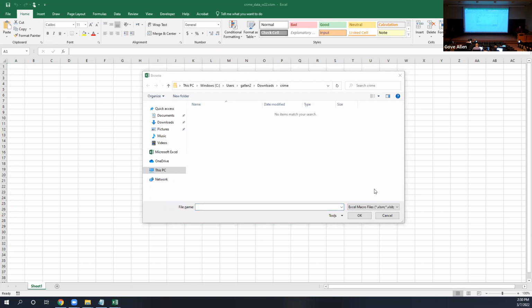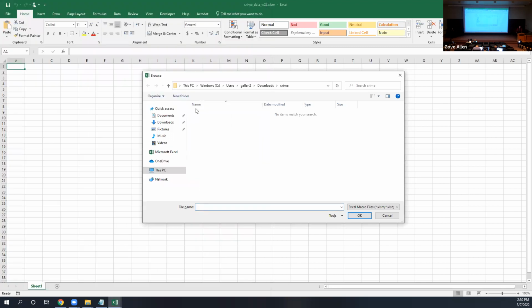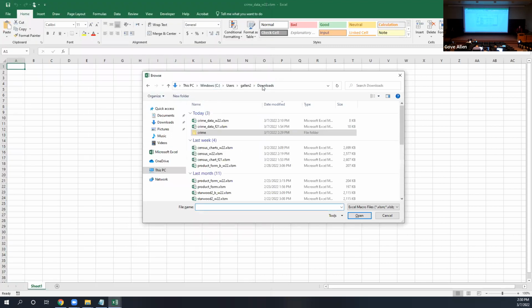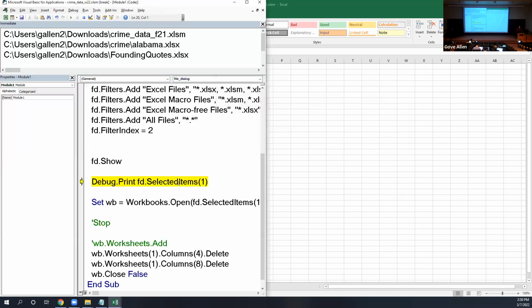By the way, what does my code do when you cancel? Well, yeah, it's not gonna know what you're talking about. It just says you show it, and then we're gonna open up whichever one's selected. Which one do you think is selected when I hit cancel? If I haven't canceled it, I haven't selected it. Well, actually, even if I have selected one, when I hit cancel, I'll get an error right here,